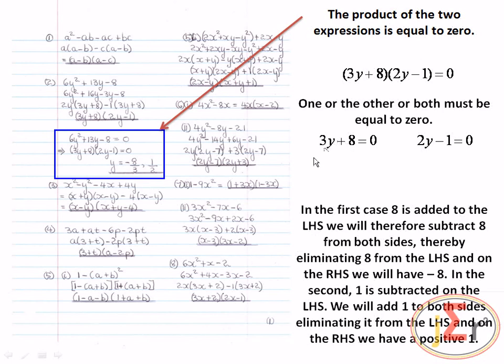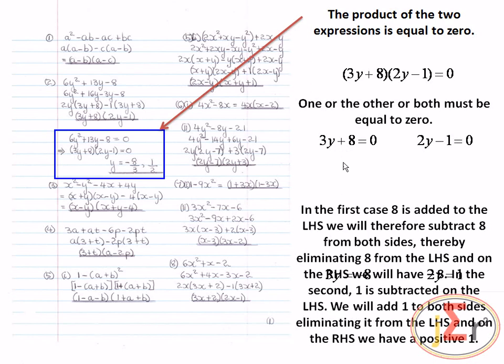We will therefore subtract 8 from both sides, thereby eliminating 8 from the left hand side, and on the right hand side we will have negative 8. So we need to eliminate this positive 8 by subtracting 8, but we cannot do that to one side alone. We have to do it to both sides. In that event, 8 will be eliminated from the left hand side, and on the right hand side we have